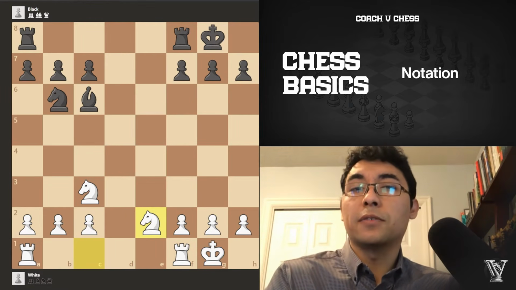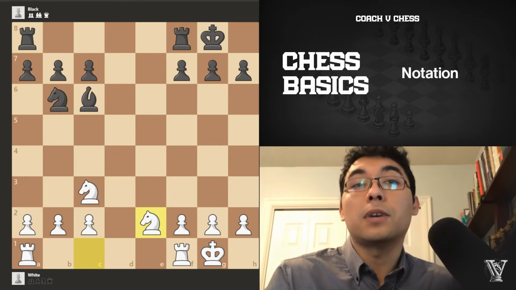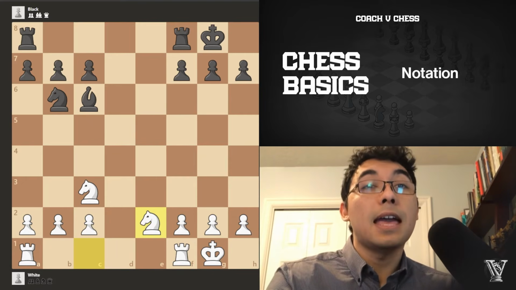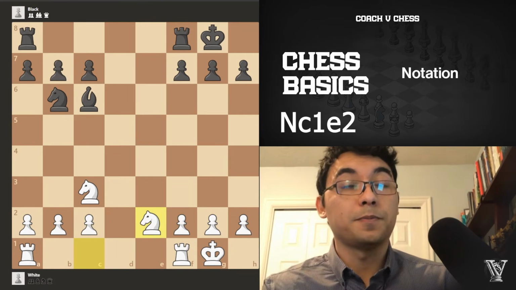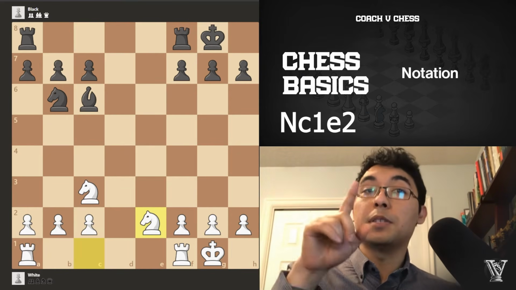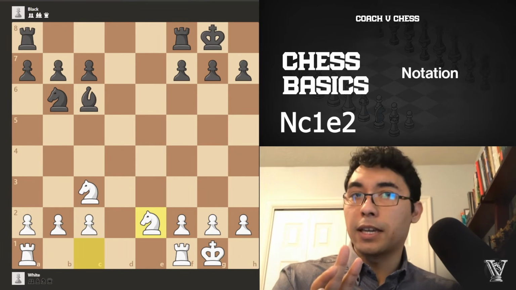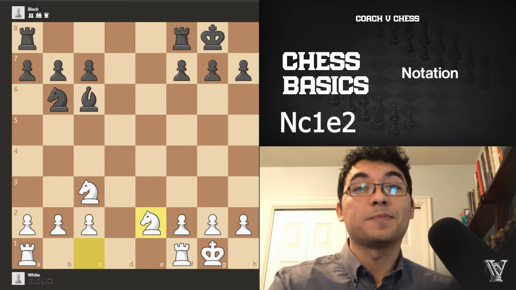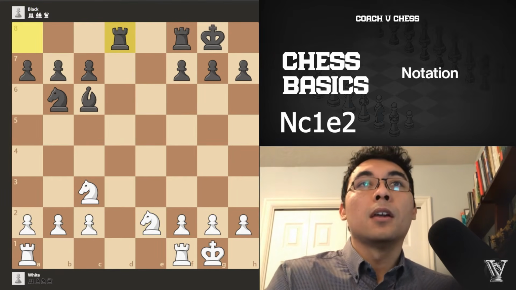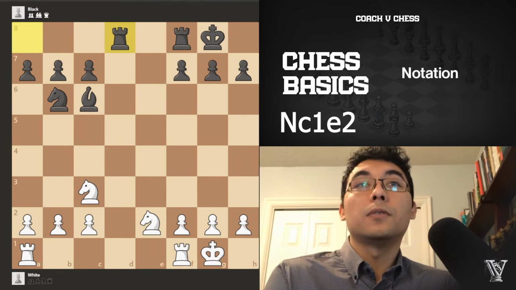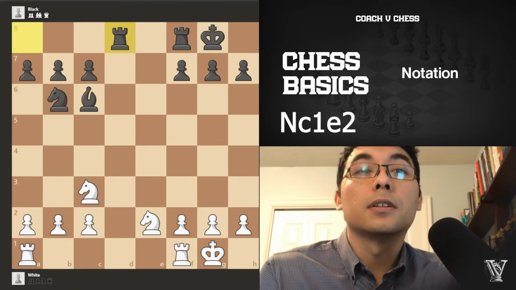In this case, we can try to be a little bit more detailed about it, and we can write it as NC1E2. Okay, so N, capital N, C1 in lowercase, E2 in lowercase. All right. We go ahead, and in this case, we're moving the rook, or our opponent's moving the rook to